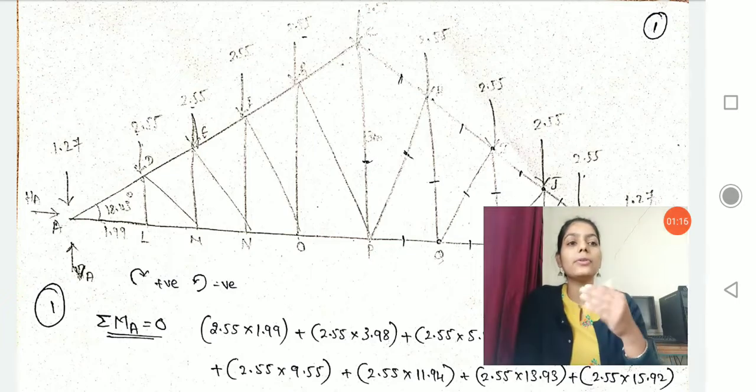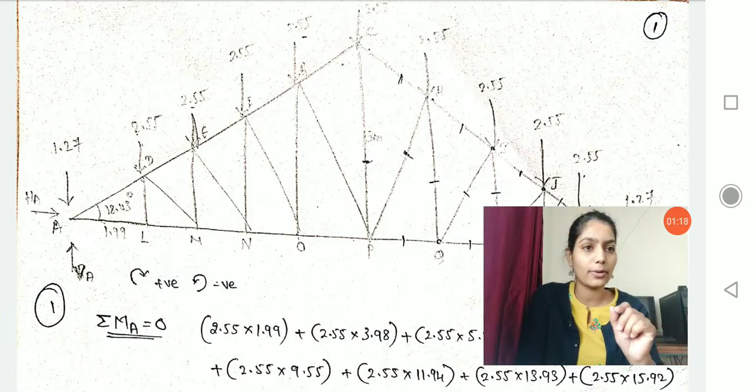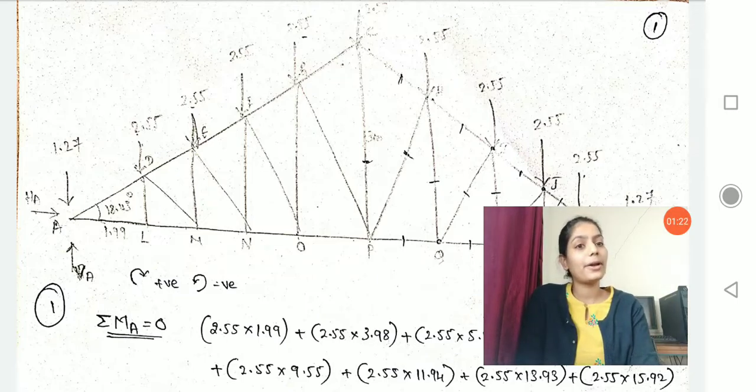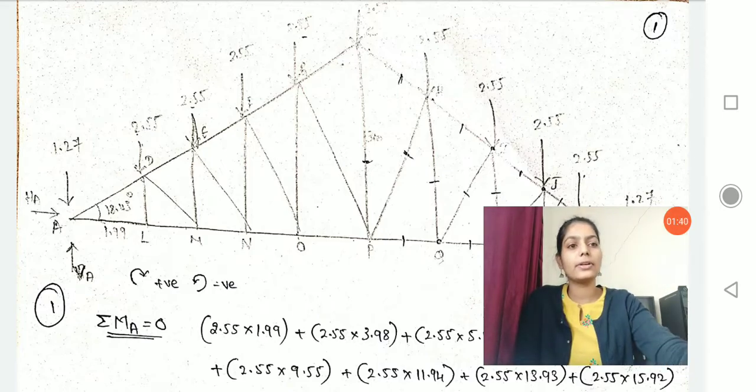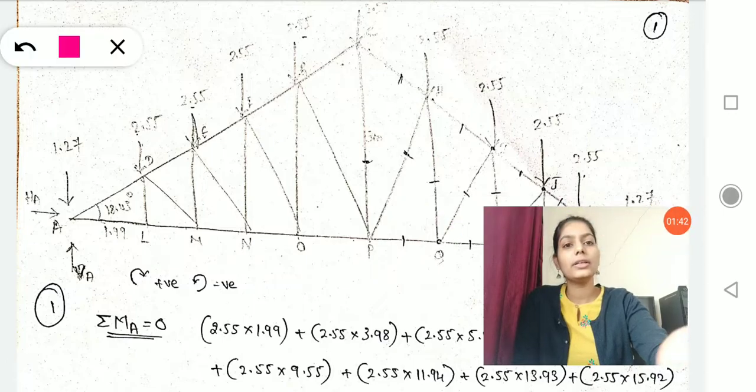Now in the background you can see there is one truss. Sorry, that image is a little blurred, but I hope you have gone through my previous sessions, in which I have shown you this truss along with its loading. Many times we have seen that in the earlier videos, right? Now in this truss, whatever loading you can see is on the panel points. Panel points are, if you want to see here, these, okay?